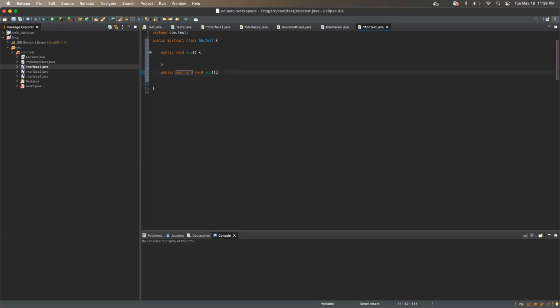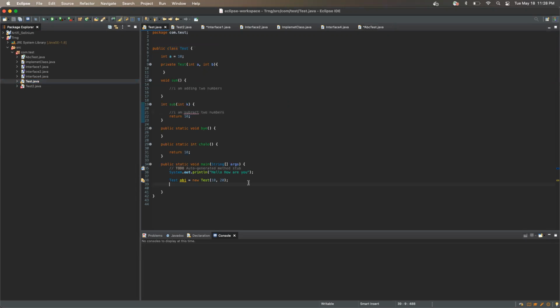That is the keyword we have to give when writing abstract methods in an abstract class, basically. So now these are the three methods I have right now. We'll see this one, ABC test. Inside a class, I want to directly create this ABC test: ABC test obj equal to new,